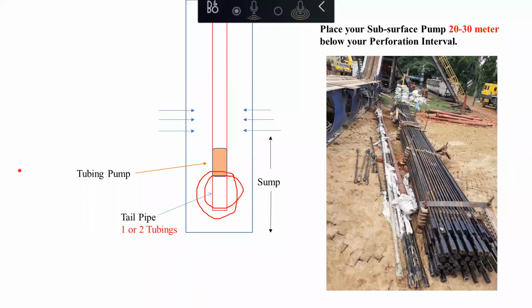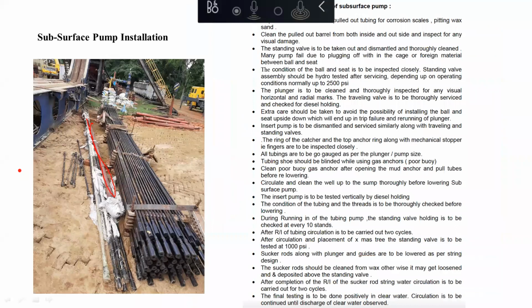After every 10 to 15 singles or 10 stands, every 10 stands while you are running your tubing, you are going to test your tubing. Testing means you are going to forward pump water into your pump. You have to pressure test it at 100 kg per centimeter square. If it holds the pressure, if there is no decline or decrease in pressure while you are testing,